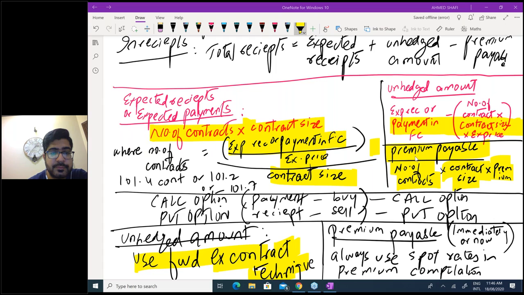Yes, Abdul Wahab. Agnes, if the question asks, then you have to, else no need. Yes, Clement, if the number of contracts is a whole number, even if you apply my formula, the zero value will come in unhedged, because logically, if a whole number of contracts is taken, there is no unhedged amount. Yes, Oriam, for any decimal figure, you need to use the lower value: for 98.8 contracts, take 98; for 99.7 contracts, take 99.